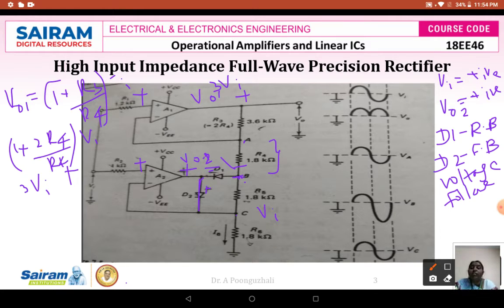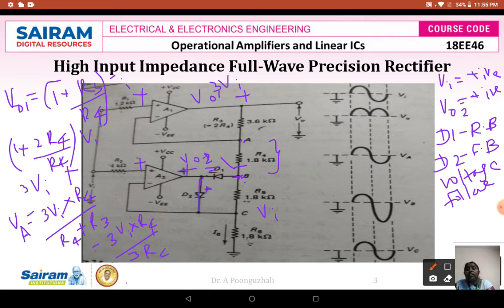So now I want to find out what voltage I am going to get at VA. The voltage VA is nothing but the drop across this R4 resistance there. To find the drop across R4, I should know what your total voltage is. The total voltage is 3 VI, into the drop across which resistance I want, your R4, divided by the total resistance, R4 plus R3. So R4 plus R3. So we know that it is 3 VI into R4 divided by 3 R4 there.